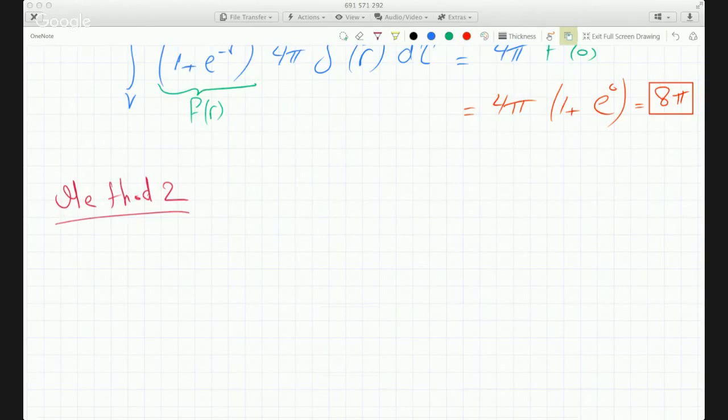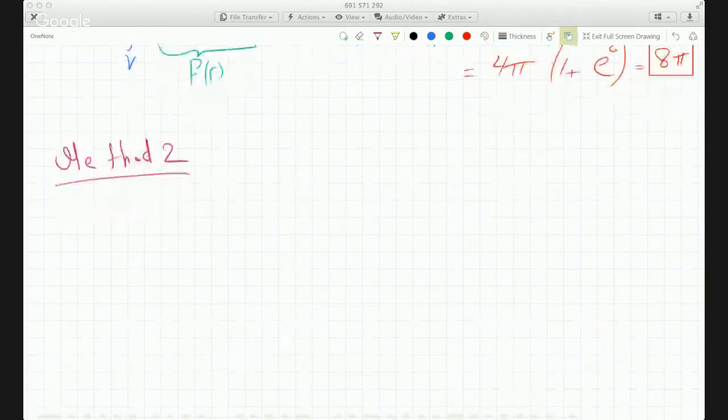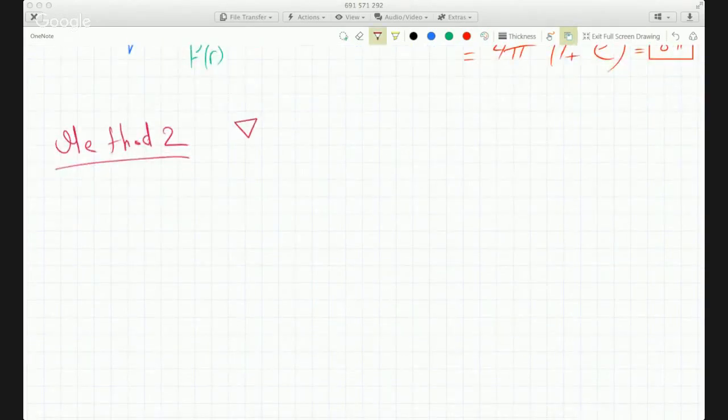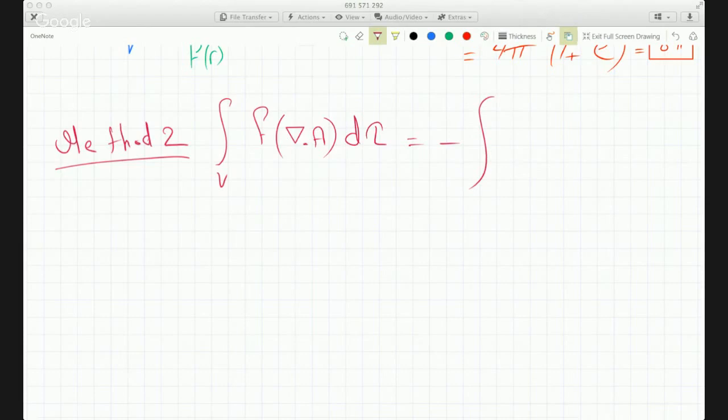If you go in your book to page 37, that equation says the integral on V of f times the divergence of A, d tau, is equal to minus the volume integral of